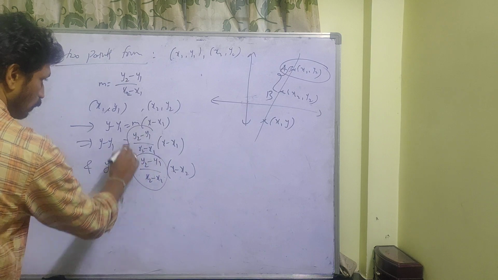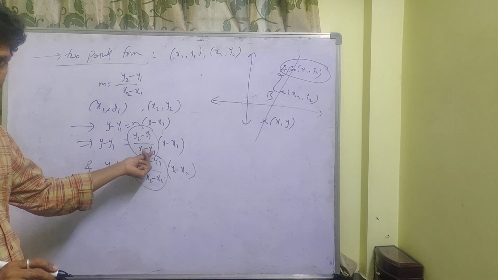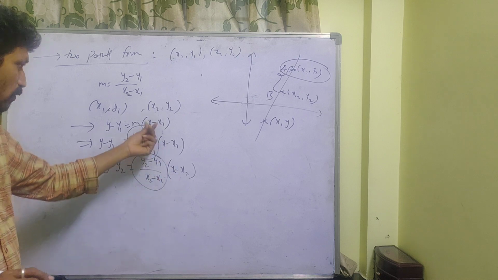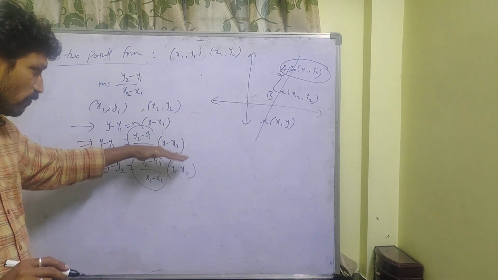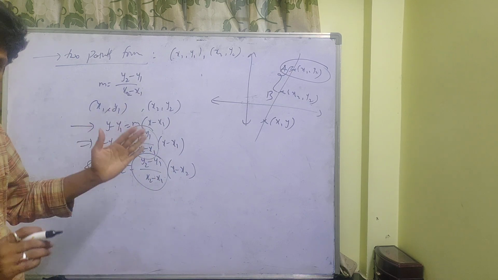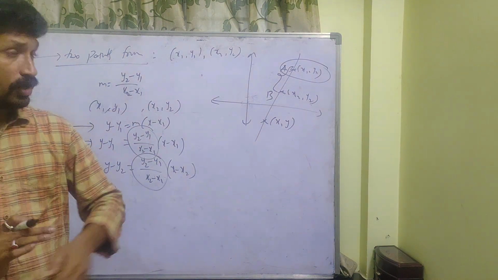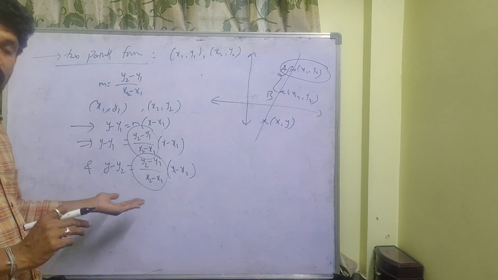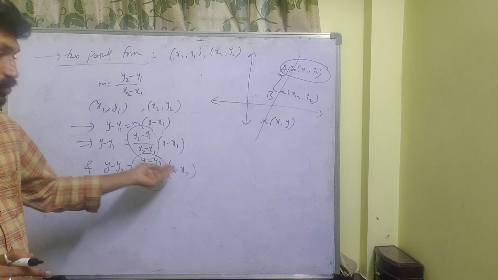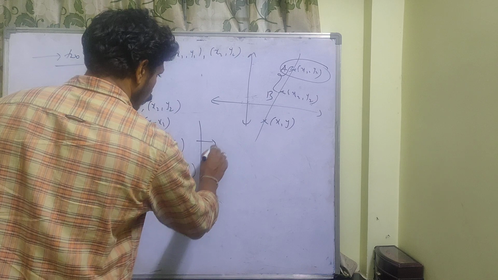The slope is fixed. So you can use y minus y1 is equal to slope into x minus x1, or y minus y2 is equal to slope into x minus x2. Any one of these two equations you can consider and get the same answer. So if you know the slope, use the formula y minus y1 is equal to m into x minus x1. If you know the 2 points, then to find the equation of the line, use y minus y2 is equal to y2 minus y1 by x2 minus x1 into x minus x2, or the other one. Based on this one, you just remember